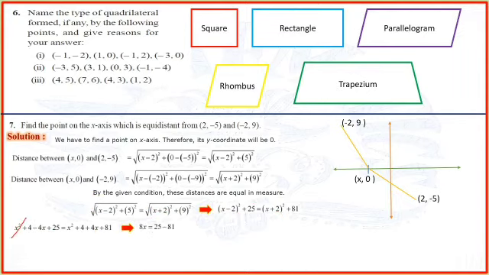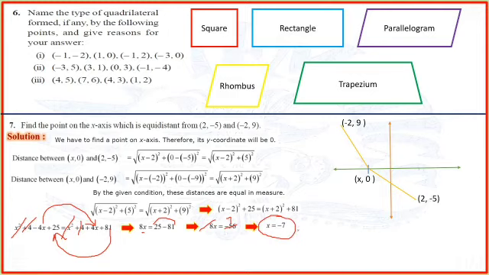Now this x square and then x square cancelled. This 4 plus 4 is also cancelled, and then I have taken this minus 4x to the right hand side, so minus 4 plus 4 gives 8x, and this 81 we have taken to the left hand side, so 25 minus 81 is equal to 8x, which equals minus 56. 8 times 7 is 56, so x is equal to minus 7. So x is minus 7, and y is already 0, so (-7, 0).